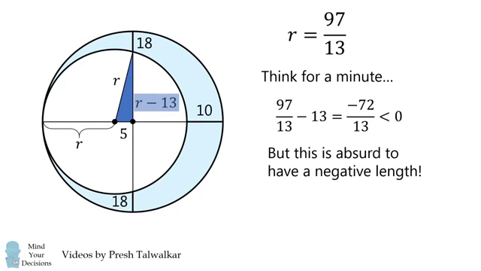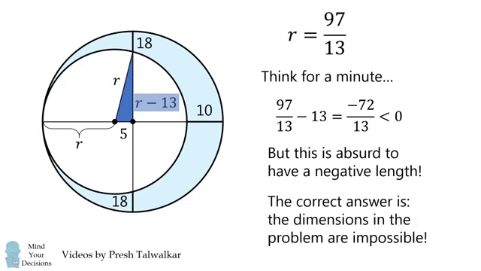Since all of our steps were valid, we can only conclude one thing. The correct answer is that the dimensions in this problem are actually impossible. I think it's great to have such trick problems once in a while so that students don't just apply formulas blindly and they actually think about what they're